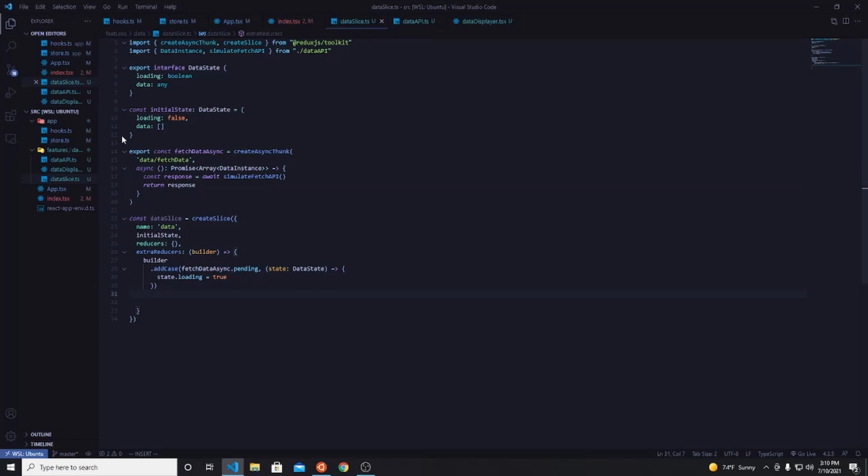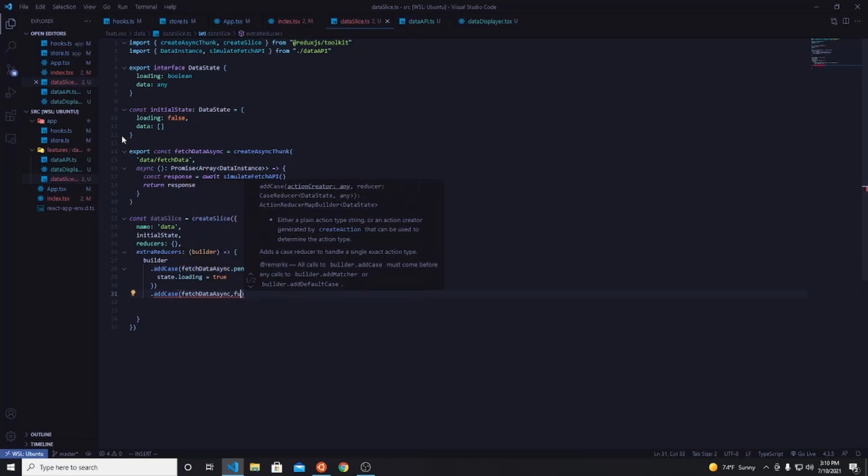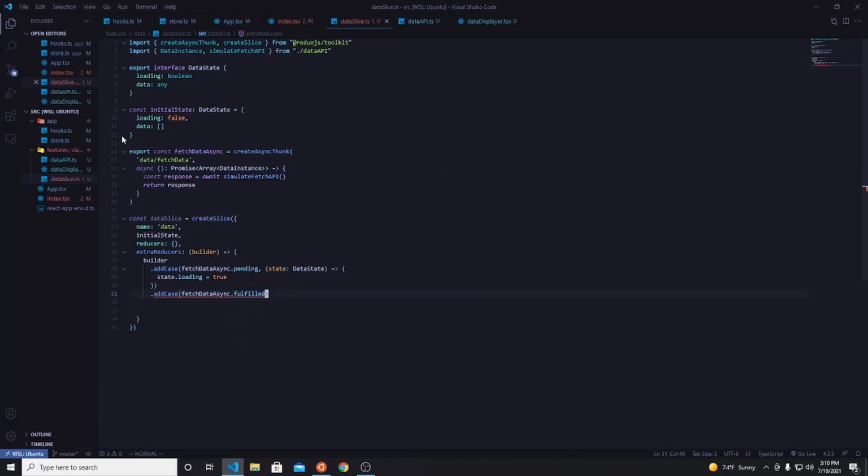Now remember, if this were a normal reducer, we couldn't set this property directly like that because we'd be mutating the global state. But because we have this create slice function provided to us by reduxjs.toolkit, we can actually mutate the state, and Immer will do some internal work and make sure that our function remains pure. So we're going to add another case, and this time we'll say if it is fulfilled, we